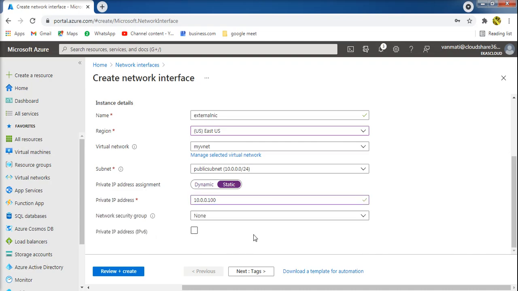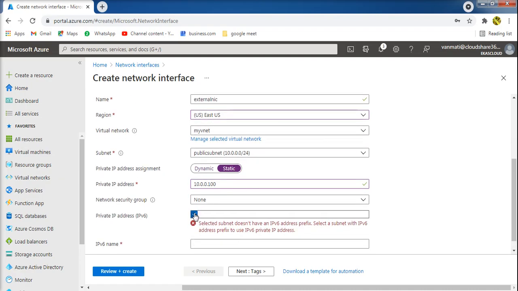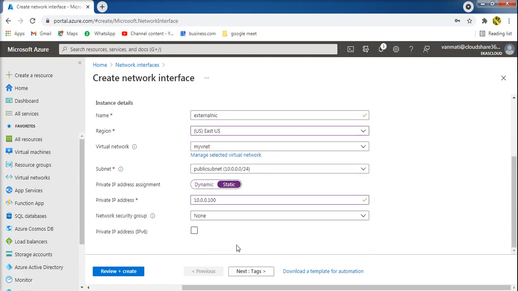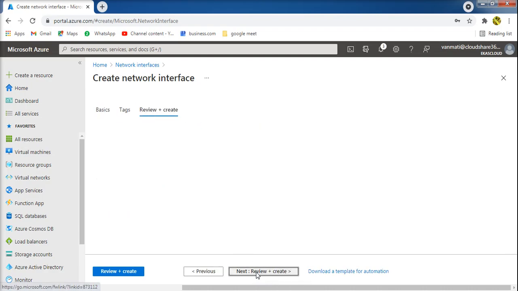Yes, so this is the private IP address. I'm not going to use any IPv6, and go to tags, next, review plus create.